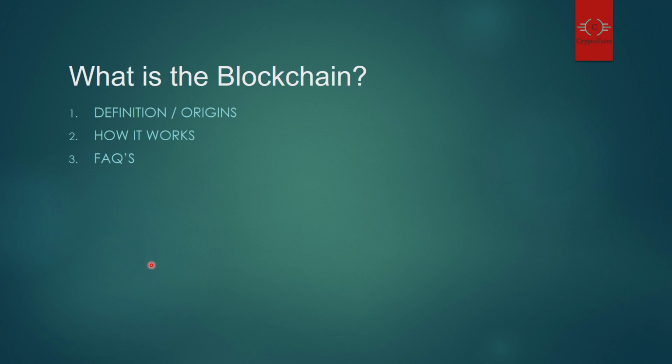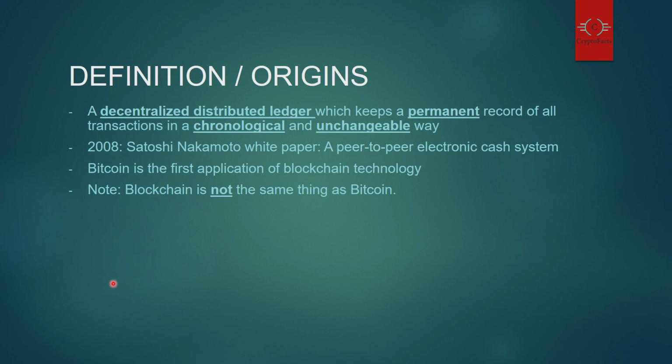Hi, in this video I want to briefly explain what the blockchain is and give a brief overview going through its definition, its origins, how it works and some frequently asked questions about the technology. So starting with the definition, a blockchain can be said to be a decentralized distributed ledger which keeps a permanent